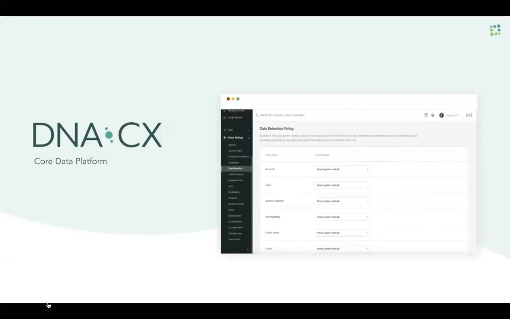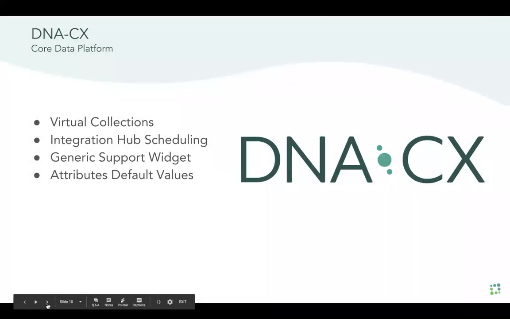And more on this area, we have invested in our core data platform to make sure you will be able to get even more data into Totango and leverage it to engage with your customers accordingly. This came to reality by additional capabilities around the ability to define virtual collections in Totango that will enable you to bring data to Totango and query the system based on that, or additional capabilities in our integration hub that will help you bring data from external systems and store that in Totango in order to take that as part of your customer success platform.